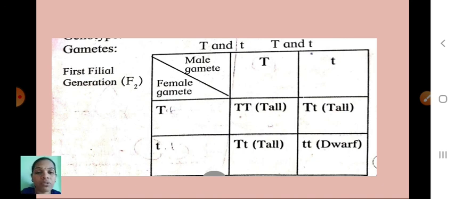Next is phenotype and genotype. And see here Mendel's experiment, that is the monohybrid experiment. That work I have explained here. Children, you have to see your textbook and write this experiment in your notebook. You have to do practice. What the phenotypic and genotypic ratio is, I will teach you in the next session.